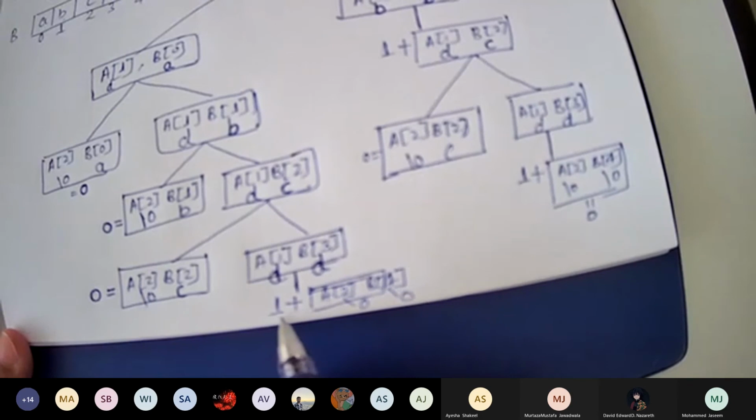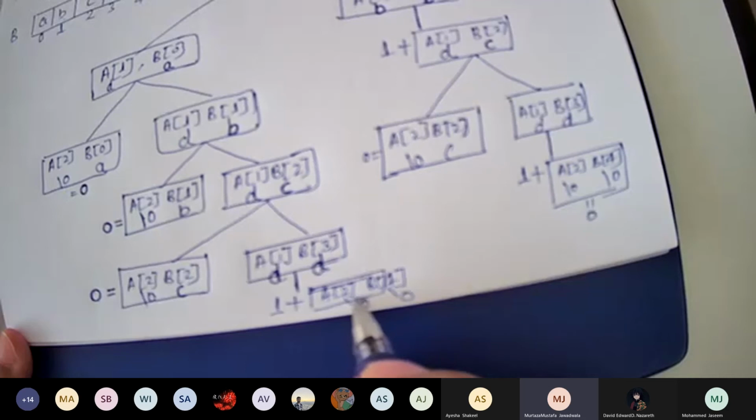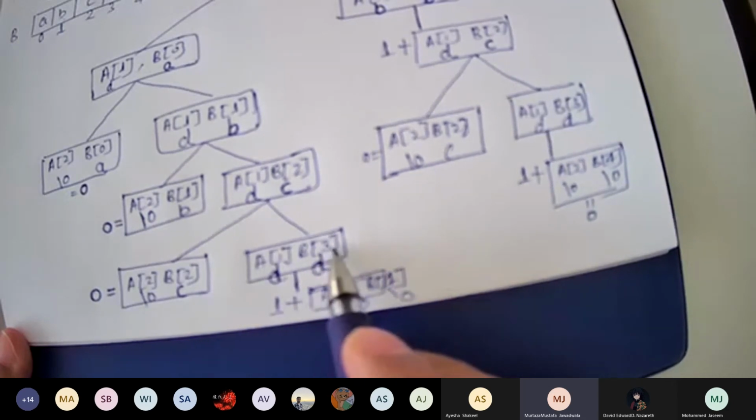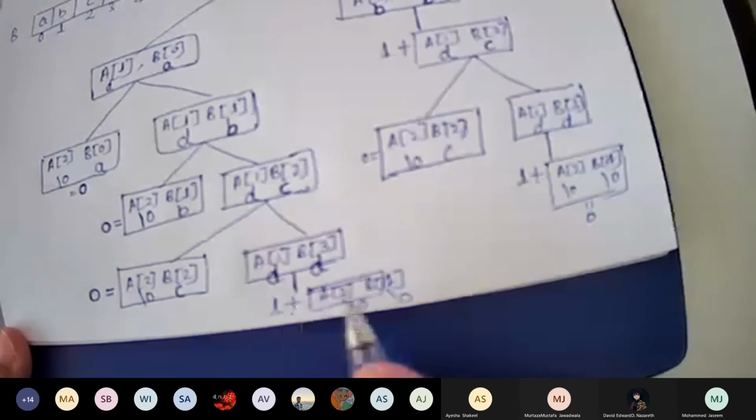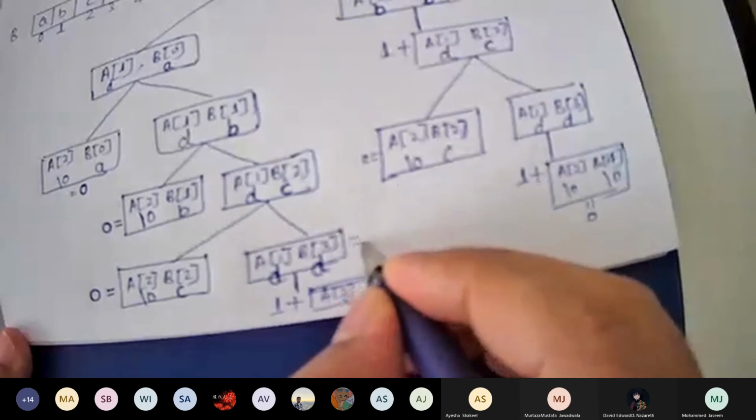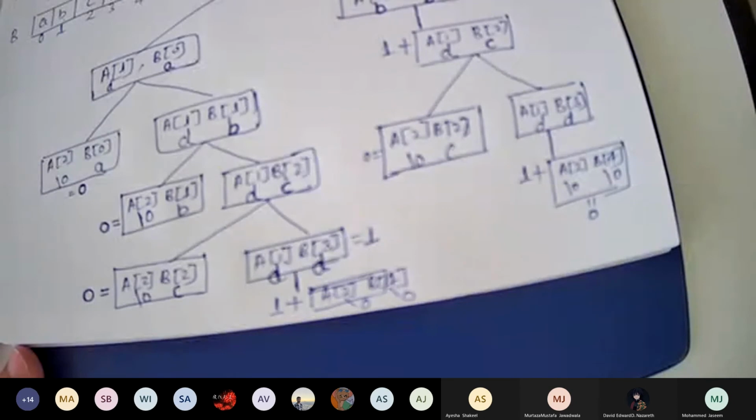So what is this value? This value is 0. But for this, what will be the value? 1 plus 0. This value will be equal to 1 or not? You understood why we are writing this value 1?